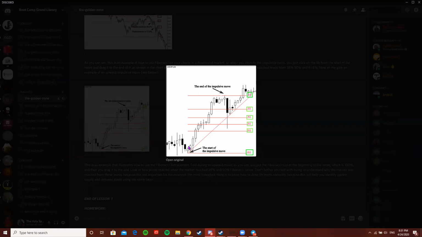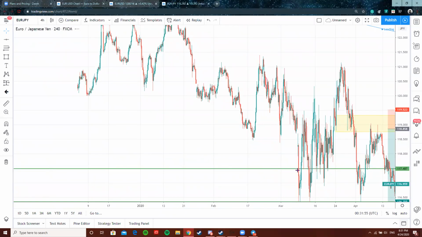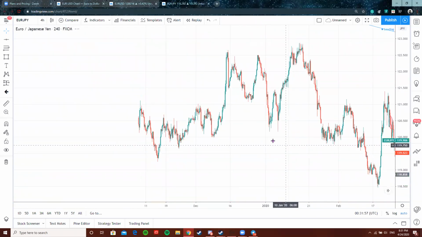Now this is an uptrend, so it goes from here to here, meaning you only expect more upside. So let's go in for a retrace. It hits your 61.8, your 50. You would have entered right around here, and put your stop loss back here. Boom, and you would have been in profit. Do you guys see how to place that for an uptrend? Yeah, thanks. So if we look at it in other pairs, let's say